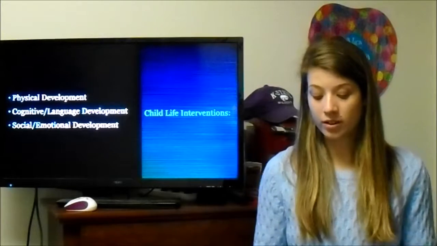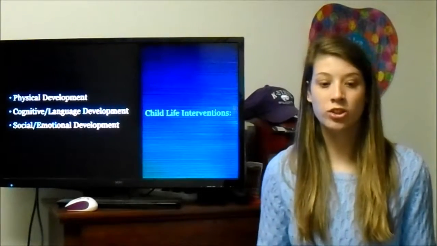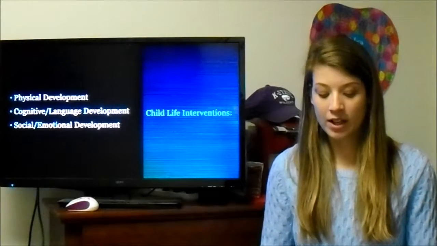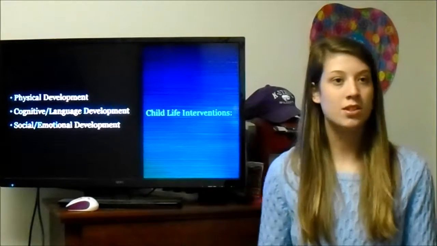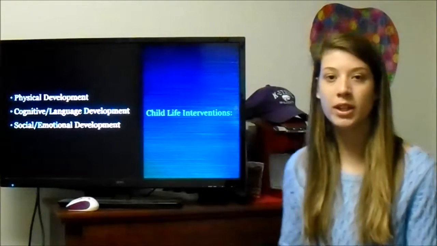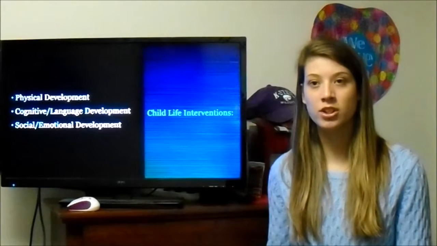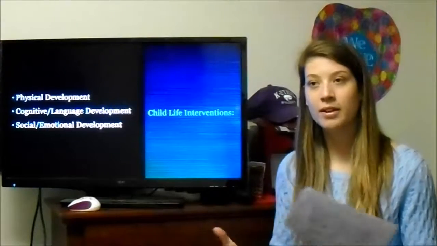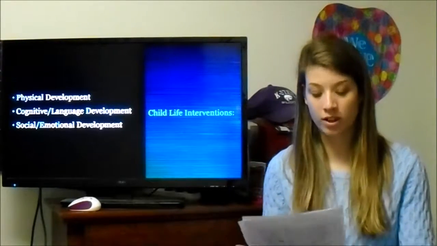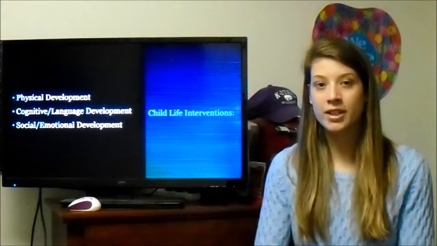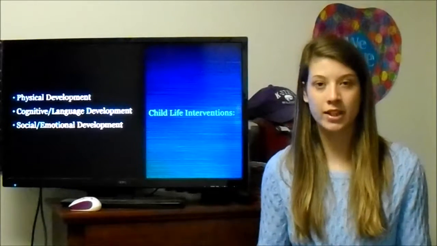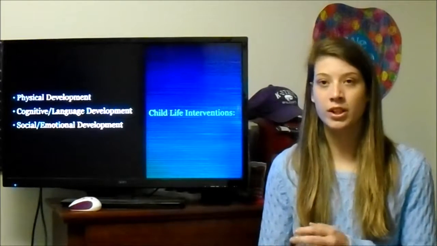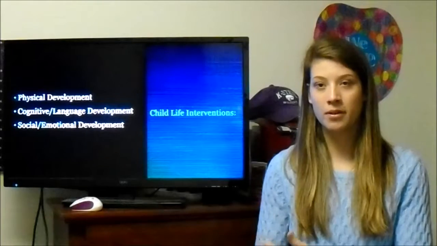So for the physical, the first thing is you need to make sure that each child has a really, really safe environment. This is really important for any kids with any disease. The next thing you can do is have appropriate toys. This is really important for a kid with Tay Sachs, just in case they lose their motor functions in their hands, and they can practice with their toys to maybe regain some of that or keep it there longer. It is also good to have standard routines with the parents, and so this could be like scheduled interactions. So the kid does not get off any schedule. You need to make sure that you're on a consistent schedule because it can help a kid better in a